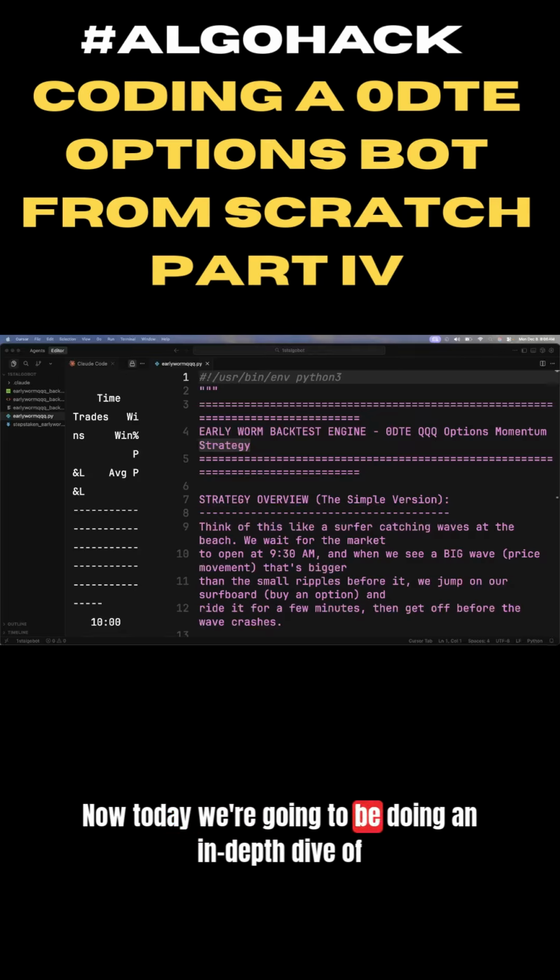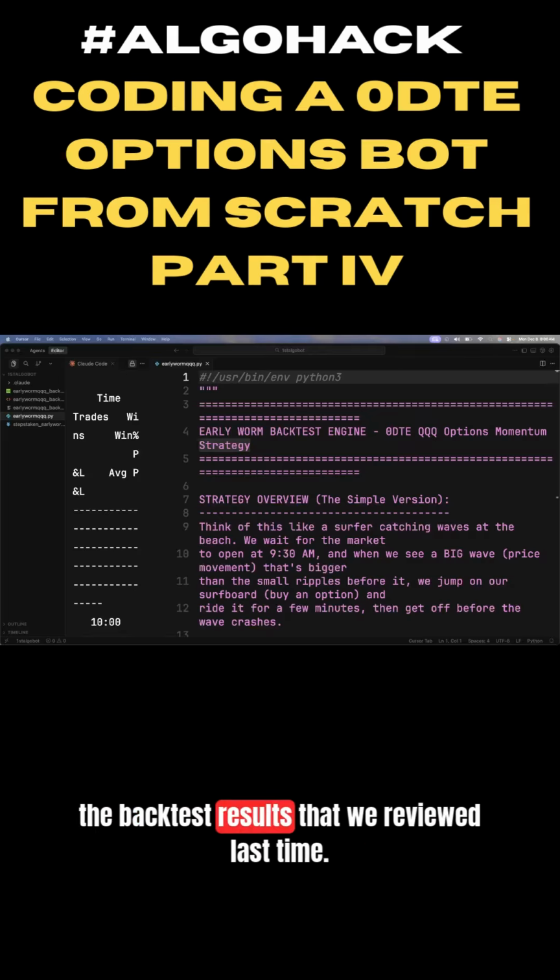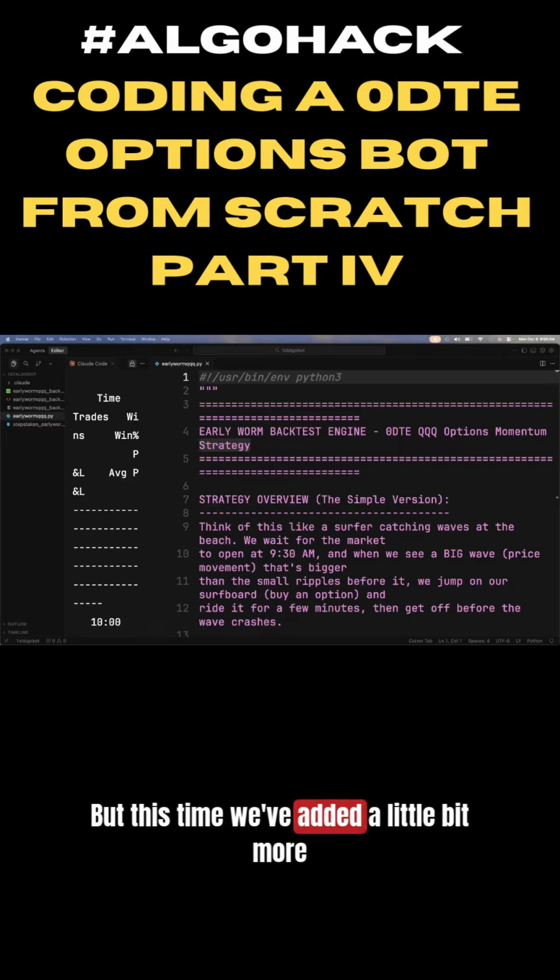Now, today we're going to be doing an in-depth dive of the backtest results that we reviewed last time, but this time we've added a little bit more features to it so we can really get down to the granular